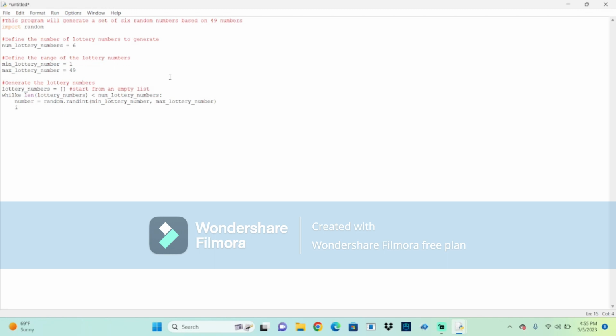And once we do that, we're going to tell it to do this: if number not in. There are two ways to indicate this, but we're going to use that operator there. If number not in lottery numbers,